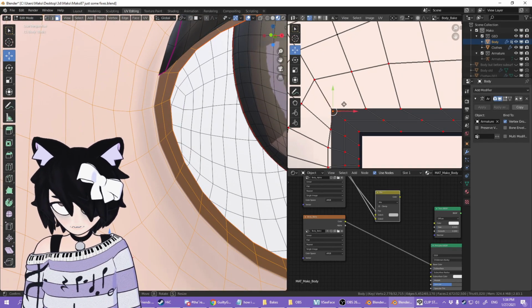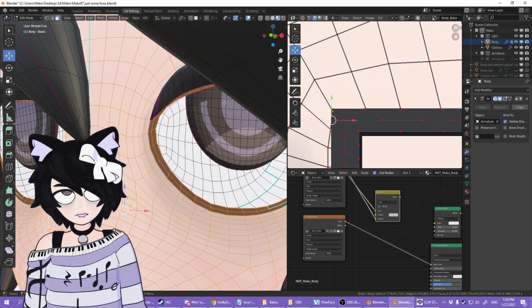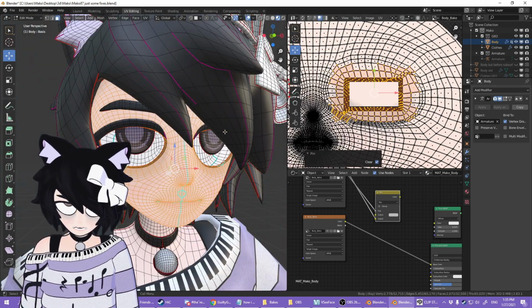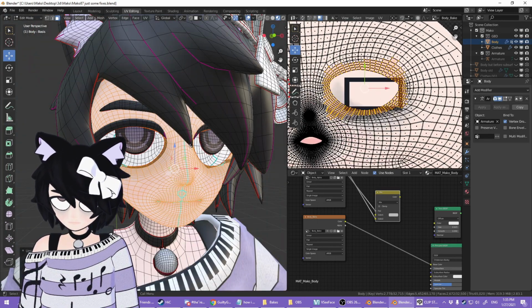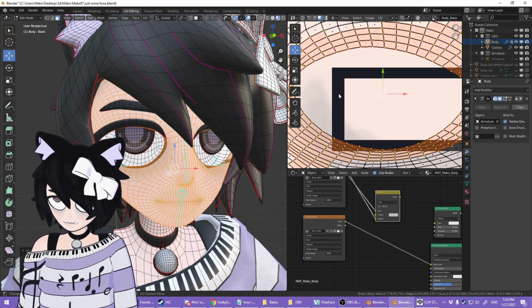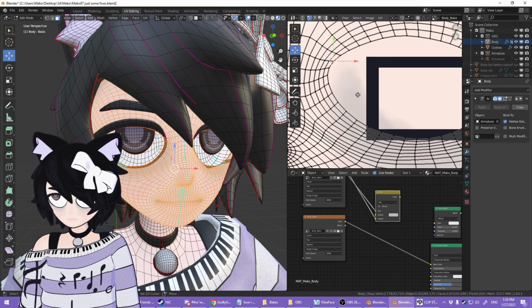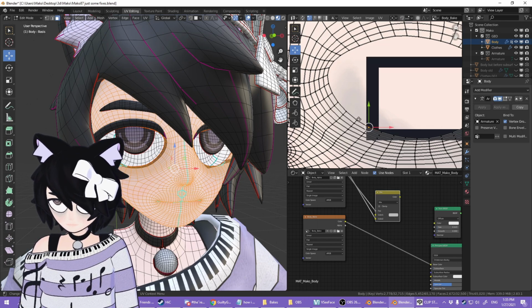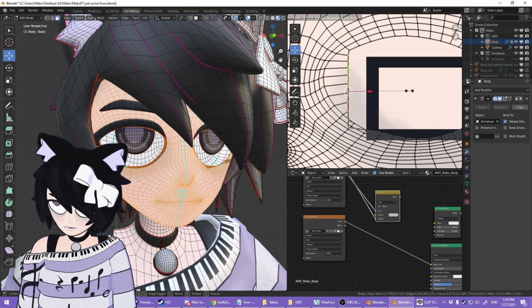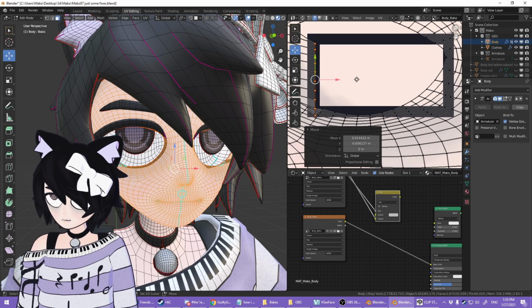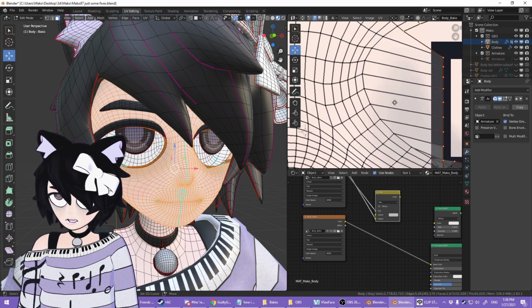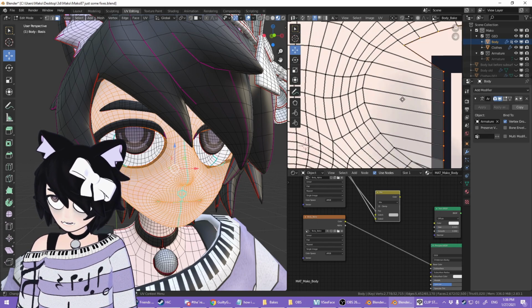Like up here you see it's not the same as the other. That's because, why is that actually? I don't remember, but there's probably a reason for it. But yeah, if I went and cleared this pin, and re-unwrap this, this is what it originally was, and I just had to think, okay, this is gonna be one corner, this is gonna be another corner. So I'm gonna go from here to here, set that to 0 on the X, pin that in place. And I would do that for this whole inner layer, and then I would re-unwrap it with those pin things so that I could let it do its thing a little bit, fill in this gap right here.